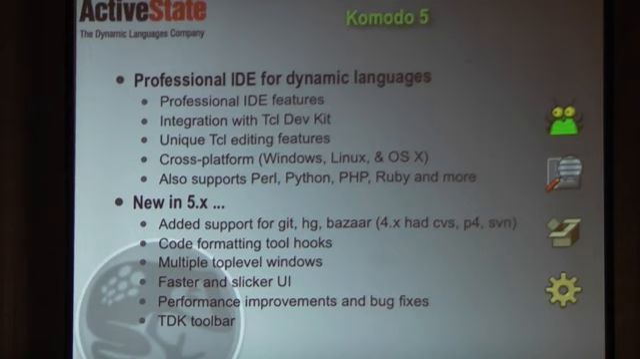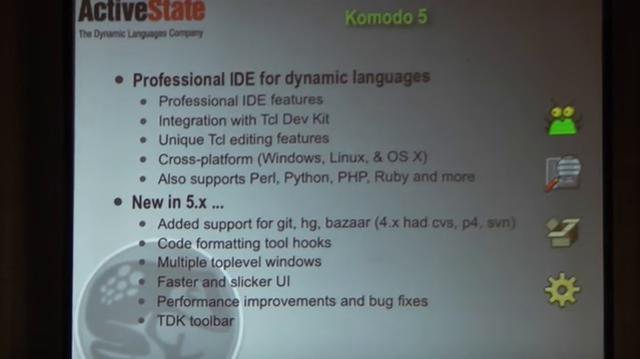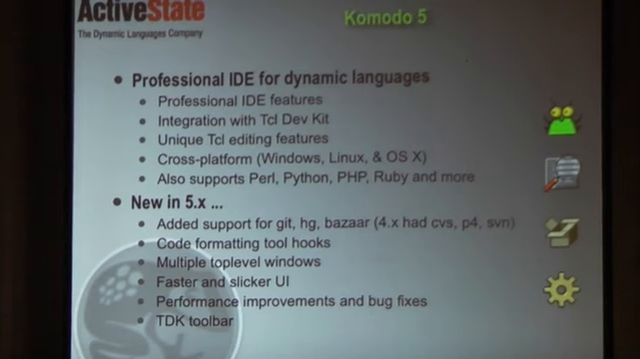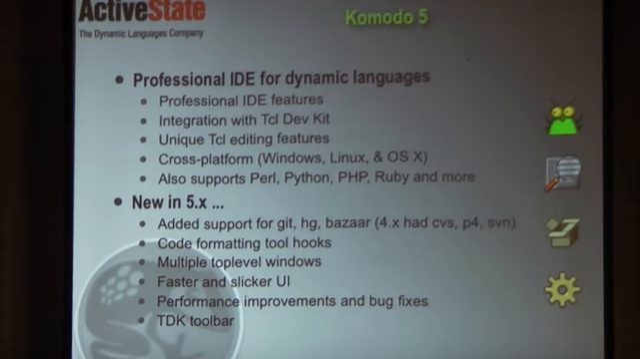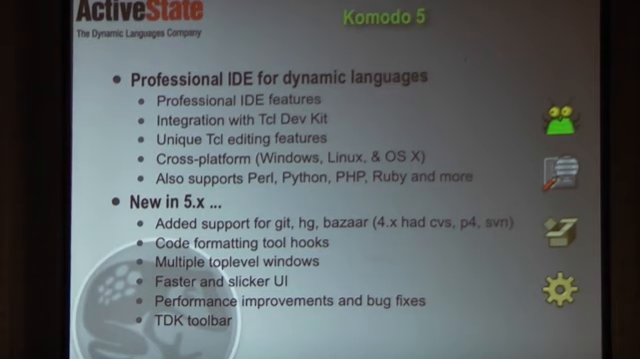It's just released 5.2, and new in 5.x, they added support for a lot more of the distributed version control systems, well, the popular ones anyway. More code formatting tool hooks. You get multiple top-level windows. Brand new in 5.2 is a TDK toolbar. So for those of you who actually use TDK and Komodo together, there's more integration with that. Those are the little green icons at the very far side of the toolbar at the top. So here it is, trying to construct some set of Tickle code showing various features that are available and the